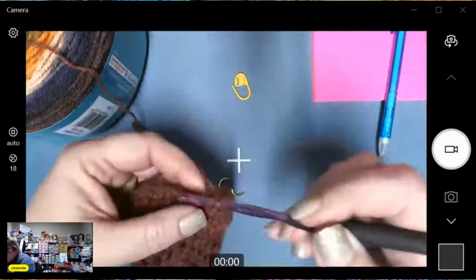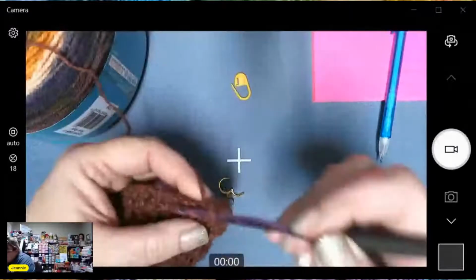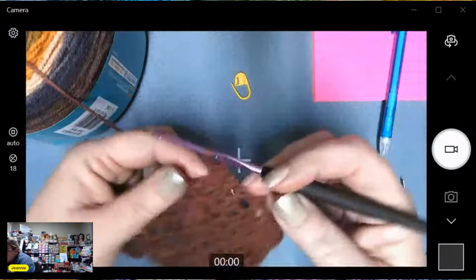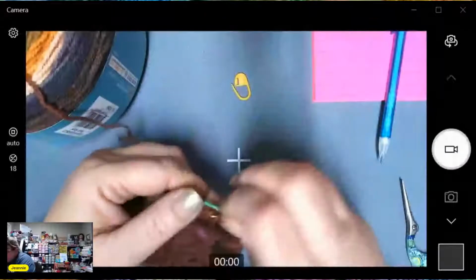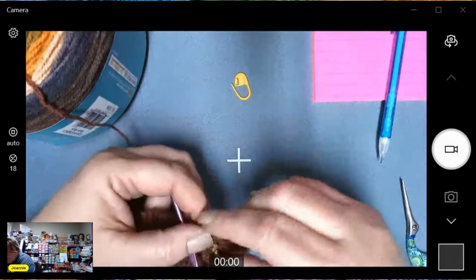Chain 1. And we're going to work a V-stitch in that chain 1 space of our V-stitch. And because we're putting those double crochets in the V-stitch from the previous row, that's what makes it hard to know where you put your...